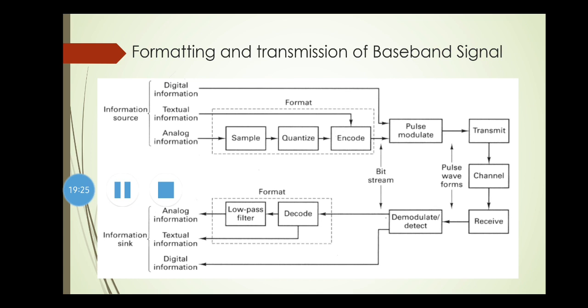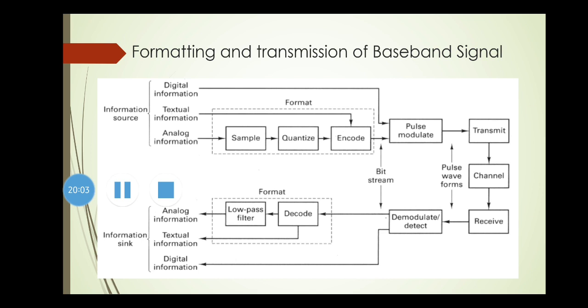Demodulation is basically recovery of a waveform, recovery of a baseband pulse. And detection is defined as a decision making regarding the digital meaning of the waveform. When I say digital meaning of the waveform, it means whether the pulse is going to have an amplitude of 1 or 0 or again 1. That is how it is going to detect and make the decision whether it is a 0 bit or a 1 bit.